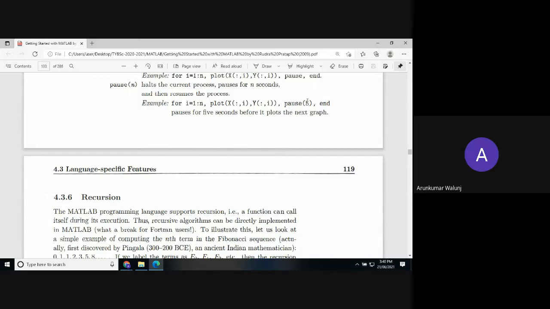When you pause with no argument, it waits for infinite time unless you hit the keyboard or touch screen. It is not going to resume back. But here we just want an automatic pause for only 5 seconds. The moment the 5 seconds get over, it will start execution soon after, and before it plots, go to the next graph.